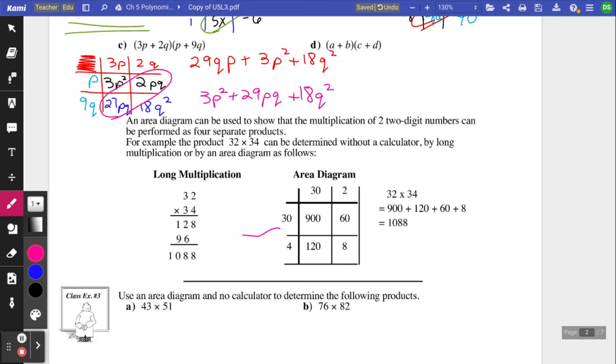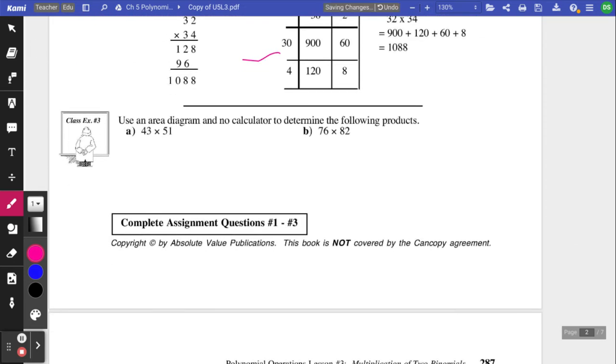So 900,088. I don't know if you like it. It's kind of fascinating. I was like, wow, okay. Interesting. So if they told you to do it, you could go